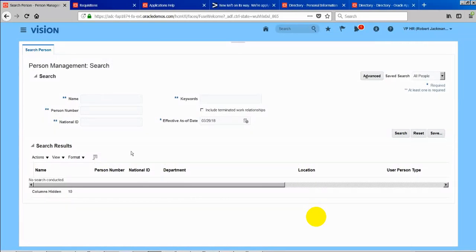Typically every search page will have different kinds of fields: fields with a single asterisk and fields with multiple asterisks. When it is multiple asterisks, what does it mean? We have to provide at least one of these four fields.